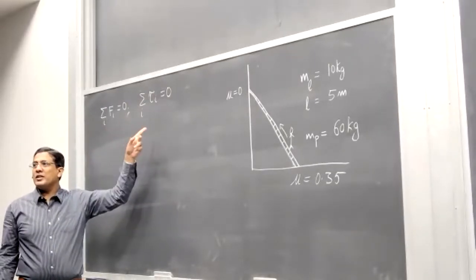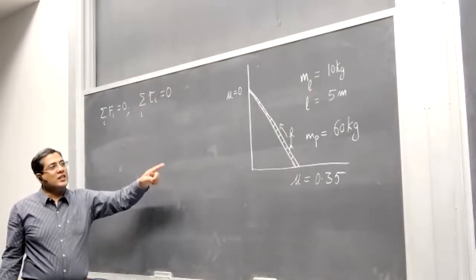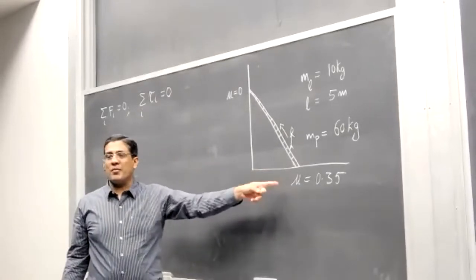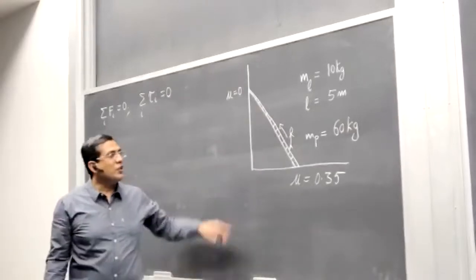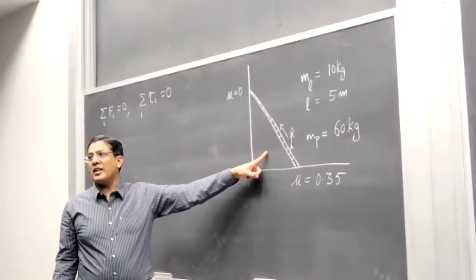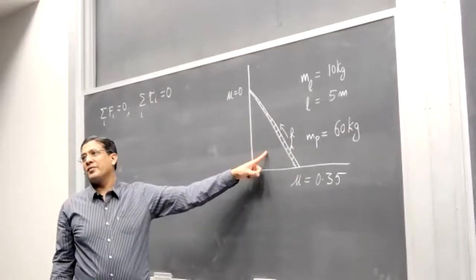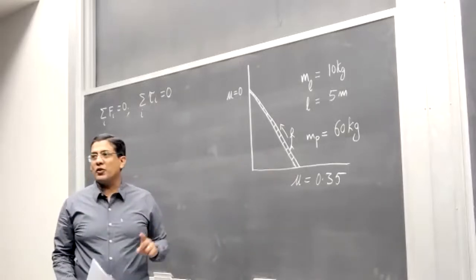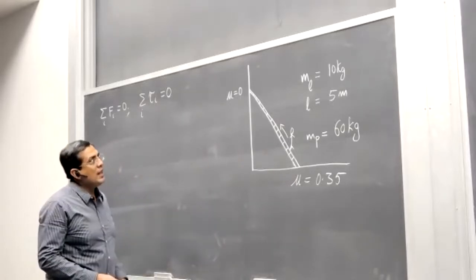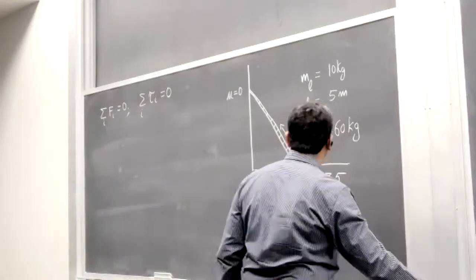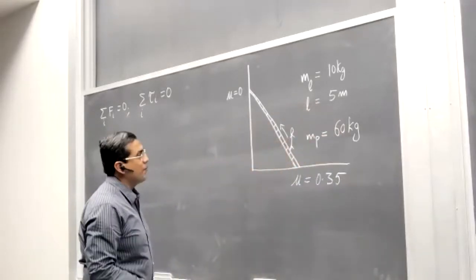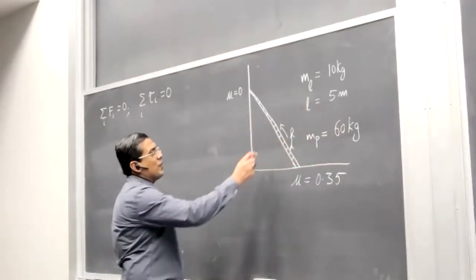If both of these quantities are zero, then the ladder would be still in equilibrium. So we would use these two conditions. For that, we need to identify all the forces acting on this ladder and all the torques. All right, so let's begin with the forces. And maybe I could just use a different colored chalk here to identify the forces. So one of the forces is